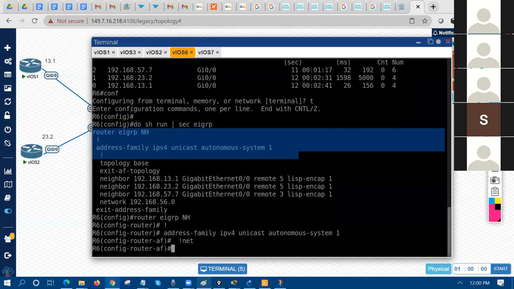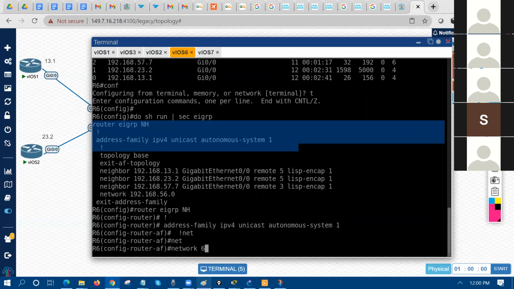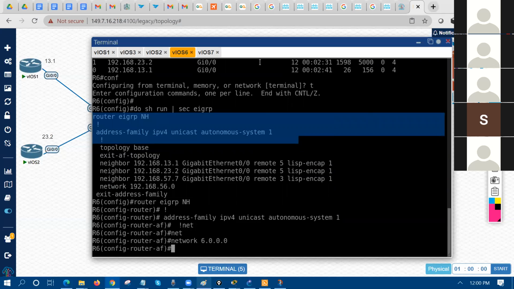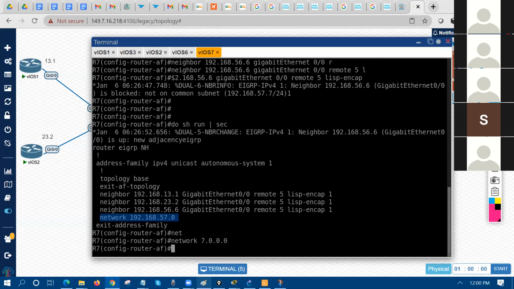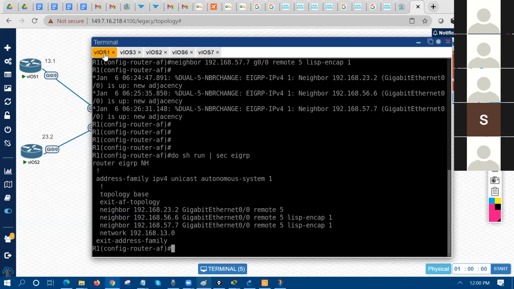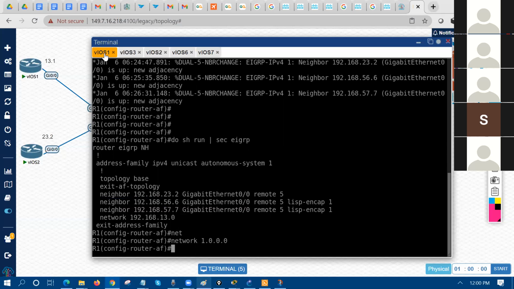All done. Router number 6: network 6.0.0.0. Router number 7: network 7.0.0.0. Router number 1: network 1.0.0.0. And router number 2: